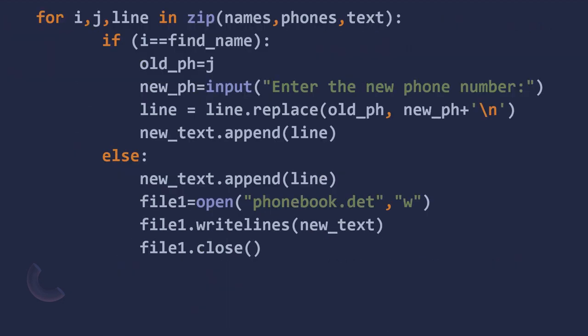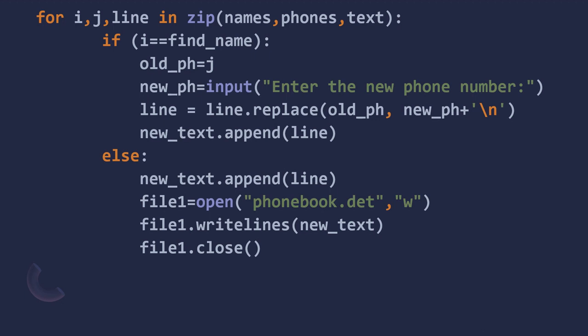That means if the name is found in the list, that means the name is already present in the list. The next thing we have to do is to check for the phone number, and we will replace it with a new phone number. So for that purpose, I have taken a for loop, and here you can see the for loop is actually working on three things. That is names, phones, and text. These are the three lists which will be checked by this for loop. So for i, j, line in names, phones, text. If you use it like this, then you have to use a function called zip. The zip function will allow you to iterate through two or three lists simultaneously. Like this you can do.